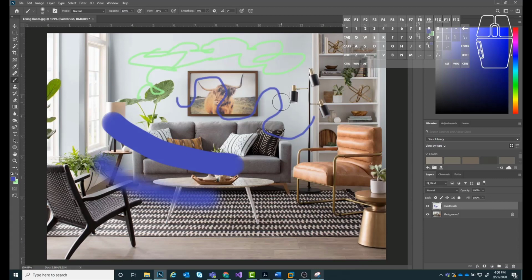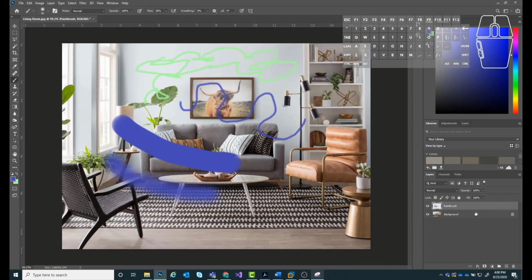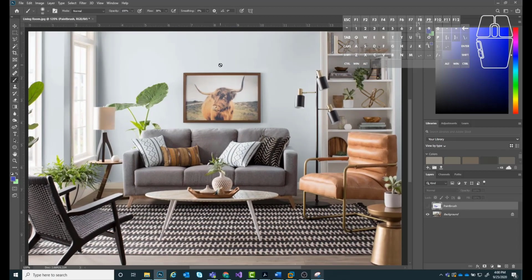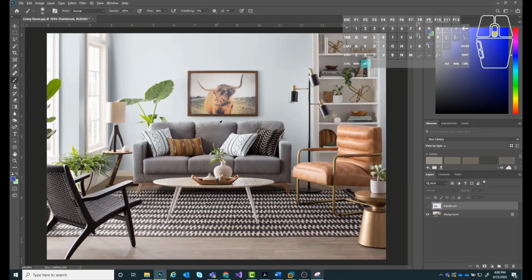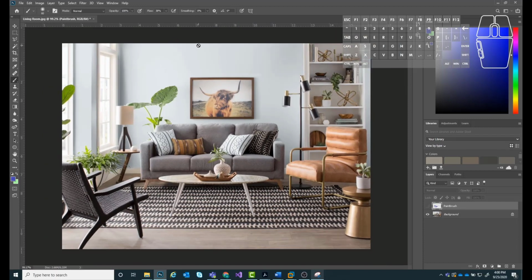But now I'm going to jump in and show you something a little bit more specific to interior design. So I'm going to go ahead and turn that layer off. What I'm going to do is show you some ways we can start editing and manipulating the images that we bring in. All right. So starting off, I'm going to jump up to my